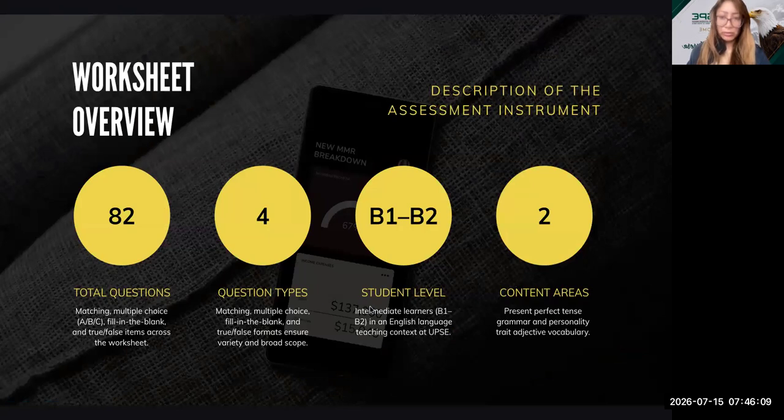First, we have 82 questions with the options multiple choice, fill in the blank, true, false, across the items. There are four different question types, multiple choice, fill in the blank, true, false formats with a broad scope. The student level of these groups is between B1 to B2